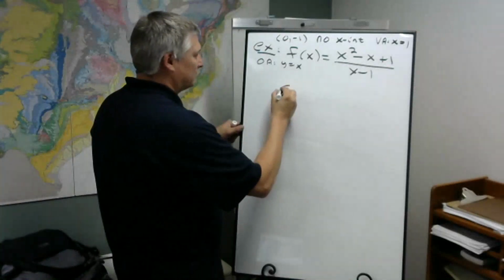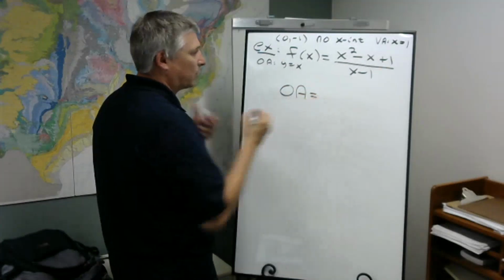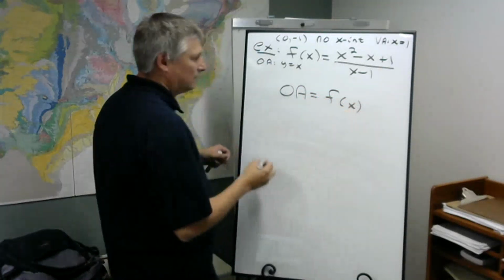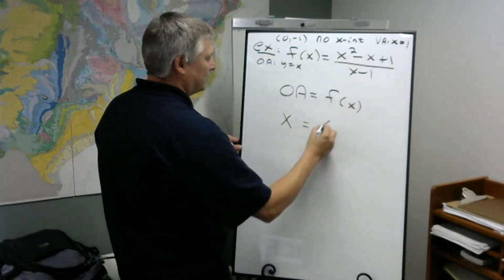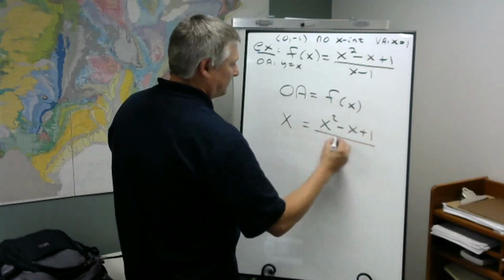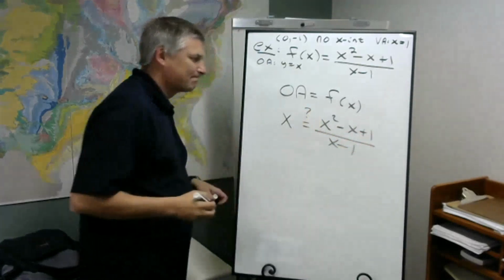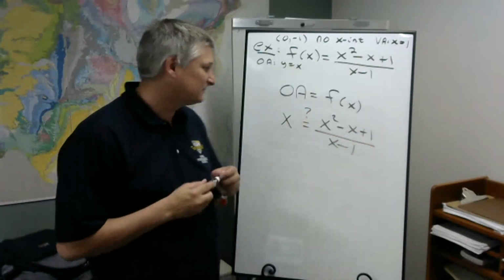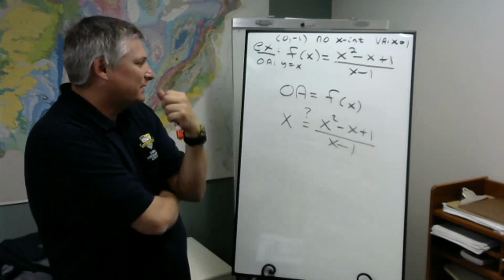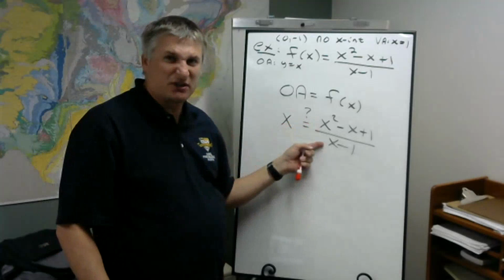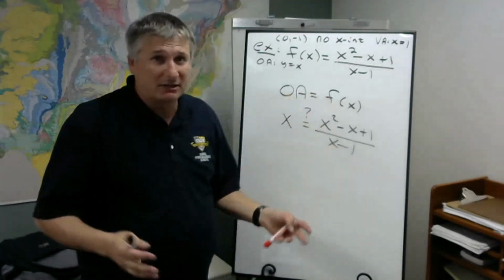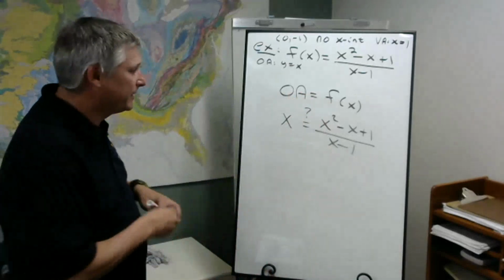To figure that out, we take our asymptote, whether it's horizontal or oblique, and we set it equal to f of x. And really we're asking, does this hold true? Well, I can tell you it doesn't, because we've already performed this division here, and we got x plus a remainder term, so it's not going to hold true. But if you wanted to go through with it anyway,